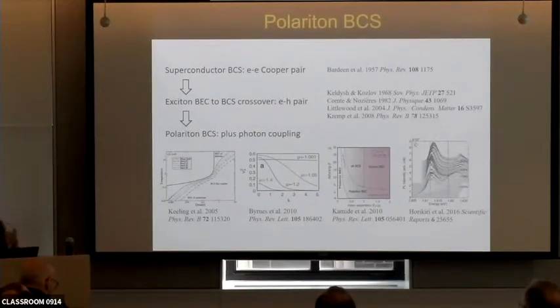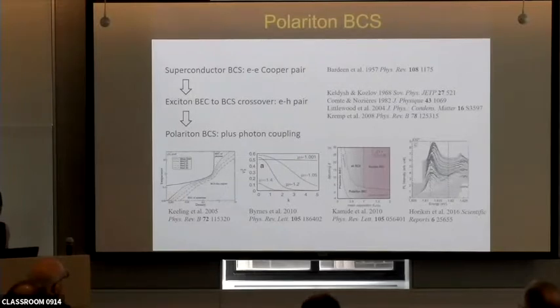The BCS state has been, of course, very well known. And shortly after it was described for superconductors, it was realized a similar state can exist for the excitonic system, for the pairing between electron and hole in the high density limit when the Coulomb screening is strong. So there isn't a strongly bound state in real space, but there is still pairing in k-space, just like in the BCS state.